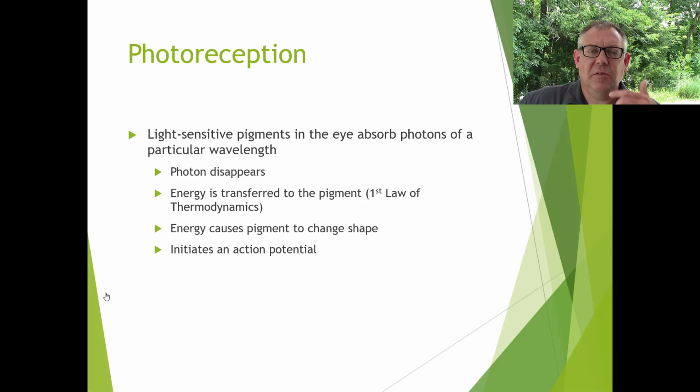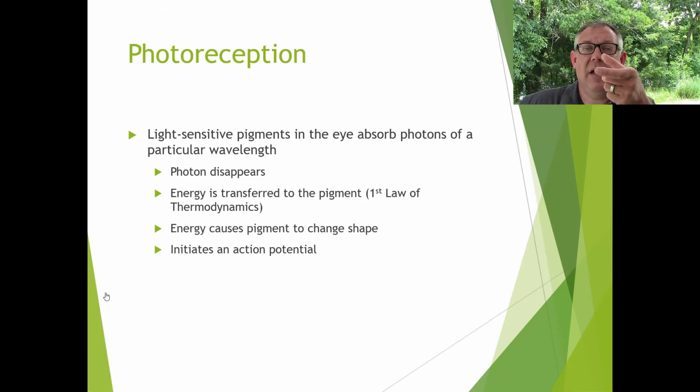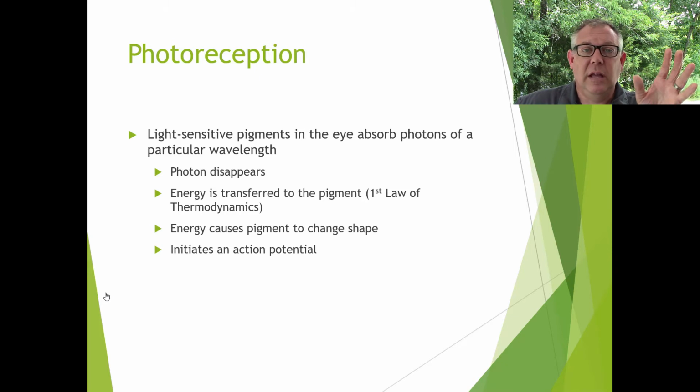There's billions and trillions of photons hitting your eye at once, but when a photon hits your eye, there's light-sensitive pigments that have just the right shape to absorb just a particular wavelength. If that pigment has just the right shape for a particular photon, it will absorb that photon. So that photon disappears. That photon is a packet of energy that all goes into that pigment. The energy is transferred to that pigment. The photon disappears, but again, energy can neither be created nor destroyed, right? The first law of thermodynamics: that energy's got to go somewhere. Well, all that energy goes into that pigment. That pigment's a protein, and it causes that protein to change shape,